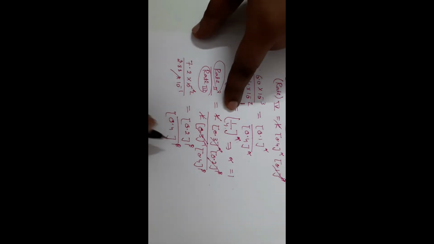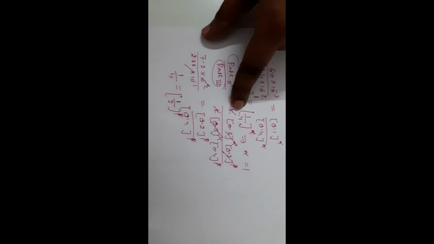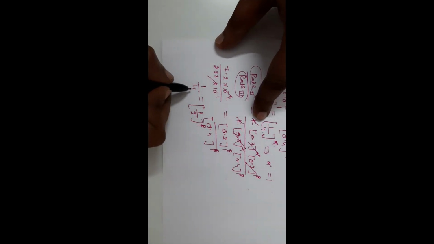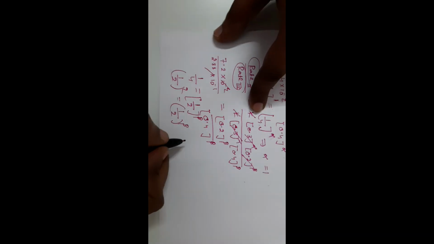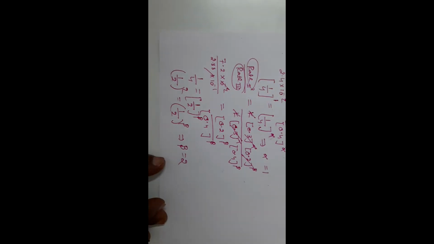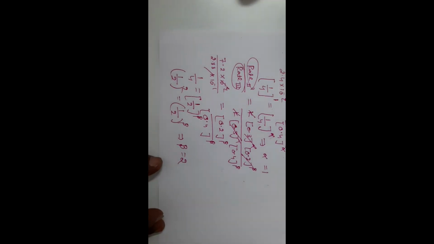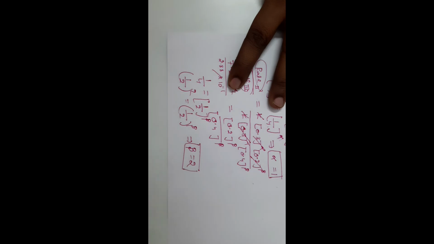Now when we are solving this one, we are getting here 1 by 4, and here we are getting 1 by 2 raised to power beta. Clear? Now you see very carefully. Can we write this as 1 by 2 square, and here 1 by 2 raised to beta? So that is why beta becomes equal to 2. Alpha we found out just now. Alpha was equal to 1 and beta was equal to 2.